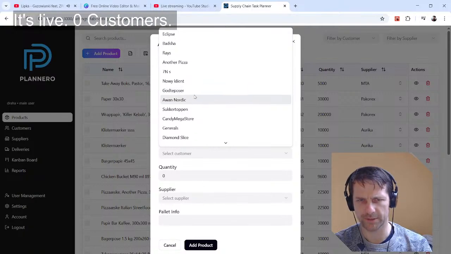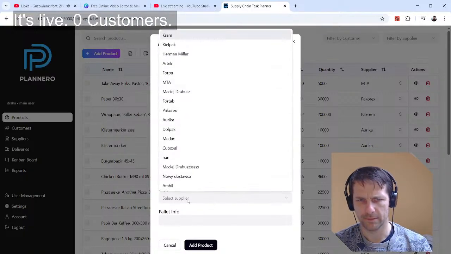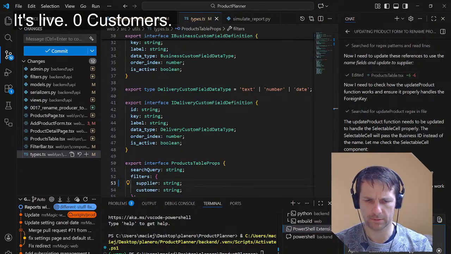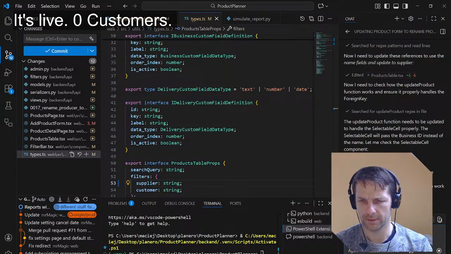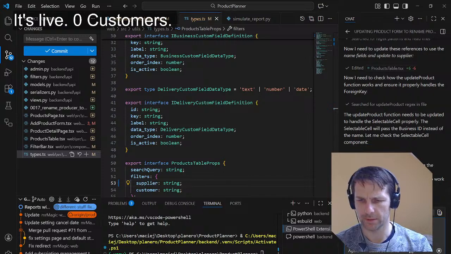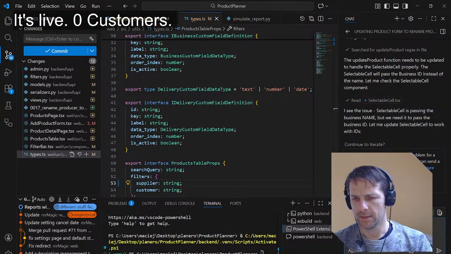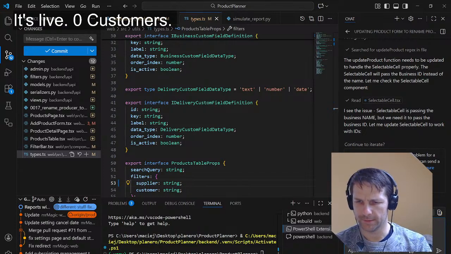Okay, yes, but so this should select customer and select supplier should also include search and the list should be selected by